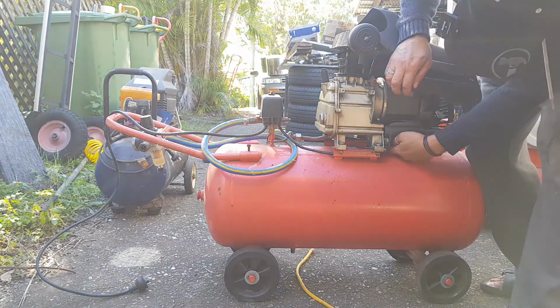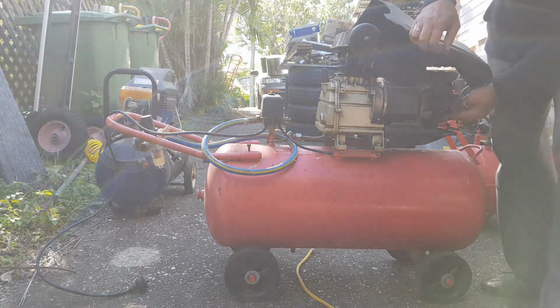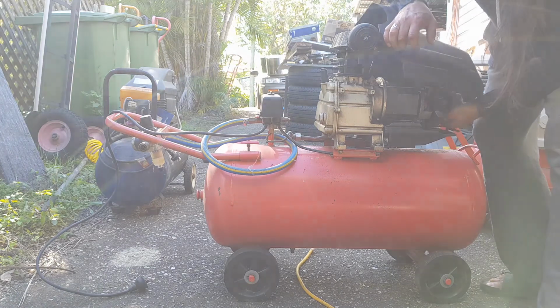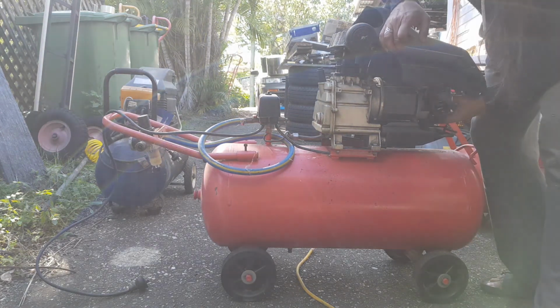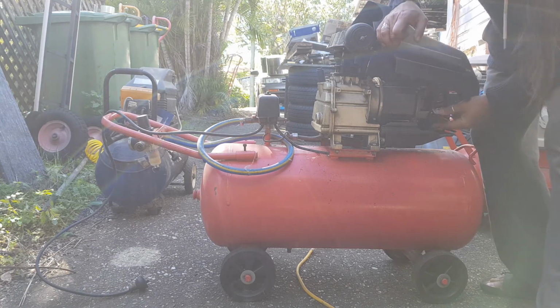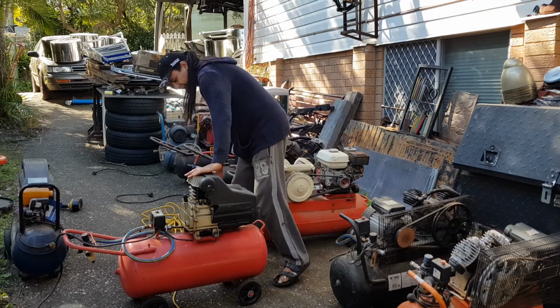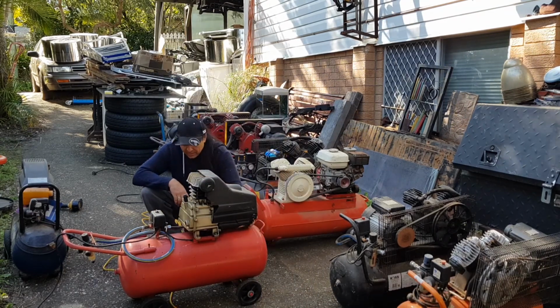I can't see anything. Oh, hang on, there you go. I'm turning the motor here and I can hear the compression of the cylinder going up and down. So the motor's fine. The motor is fine. It is the capacitor. So I need to pull that capacitor out and take the values of it and